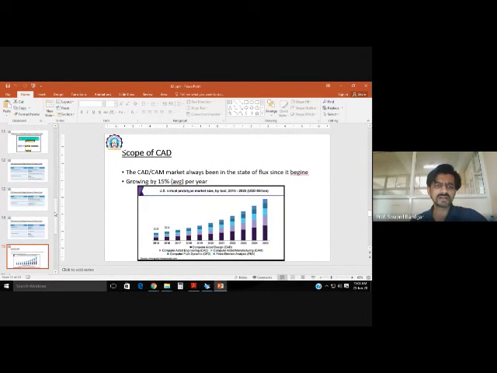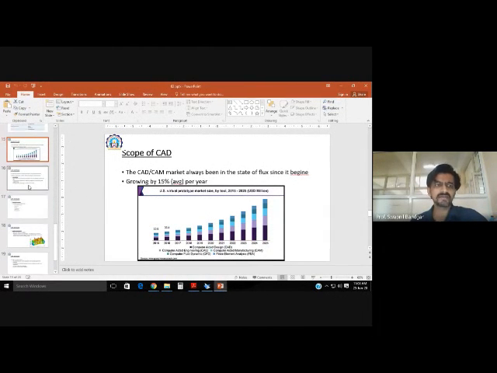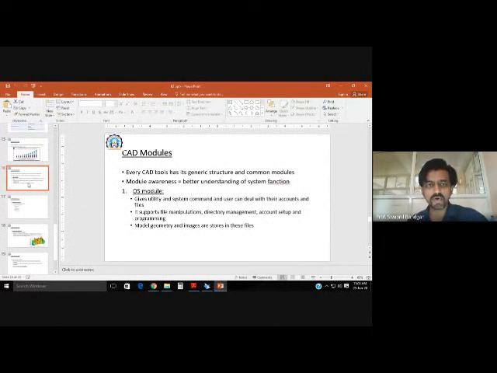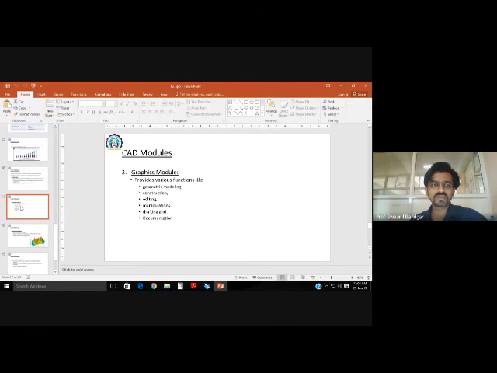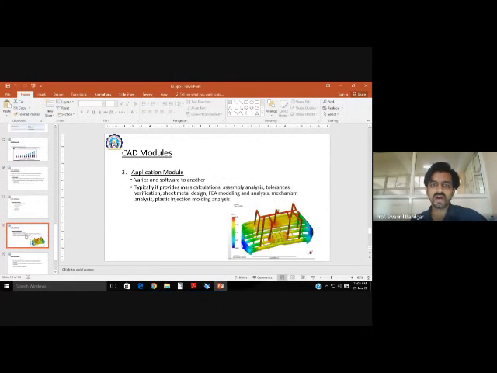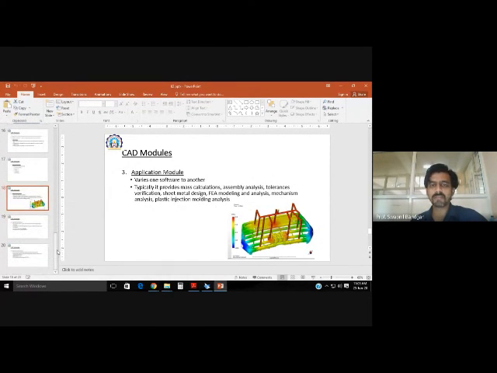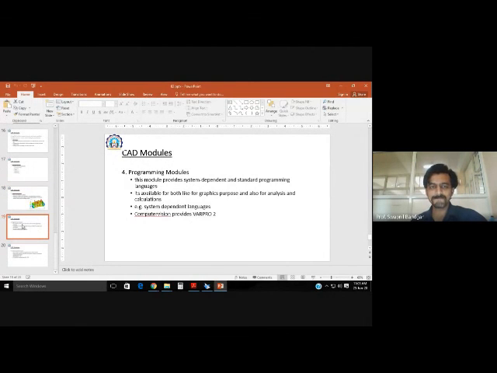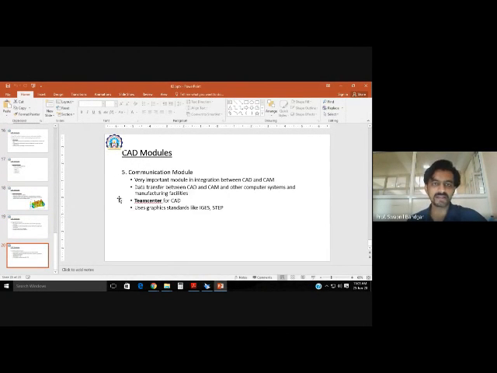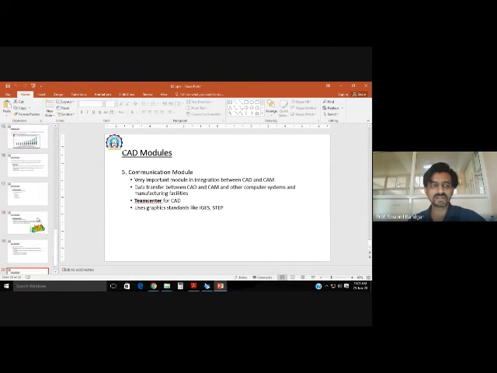Then we have seen the scope of CAD. Then we saw the modules: the OS modules, the graphics modules, what their uses are and how they can be used. Then application modules, then programming modules, and last but not least, the communication modules. So these are the things we have seen in this lecture.